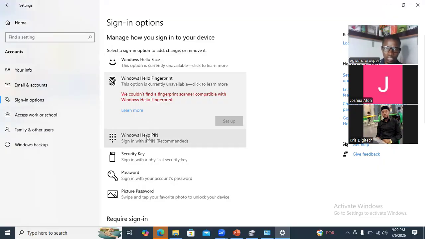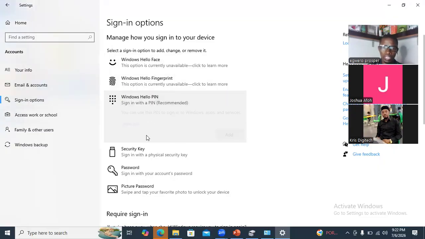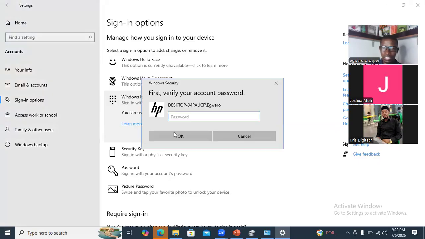So for those of us that want to use Windows Hello PIN, you can see that my laptop is qualified for this particular one. You just click on add, and then it will ask you to enter your password. Then we have the security key. So once you program this now, next time anybody wants to open this system, he or she must be asked